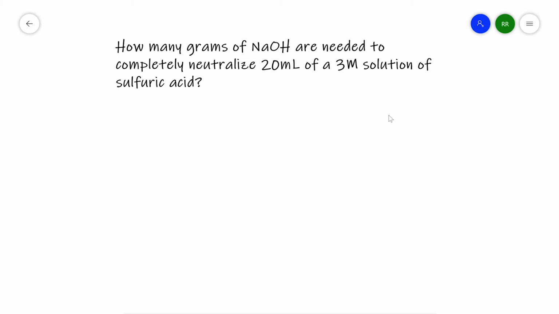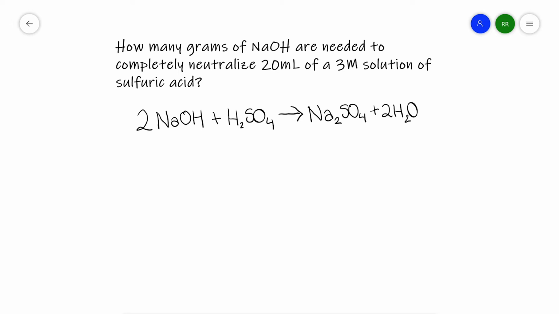In order to be able to answer this question, you are going to have to do stoichiometry, but before you can begin even doing any types of conversions, you first have to set up the equation that represents this chemical reaction. This equation shows you that for every 2 moles of NaOH that are used, you have 1 mole of sulfuric acid that is being used. So there is a 2-to-1 ratio of sodium hydroxide to sulfuric acid, which means that for every 2 moles of sodium hydroxide that are present, 1 mole of sulfuric acid must be added to the reaction for it to be